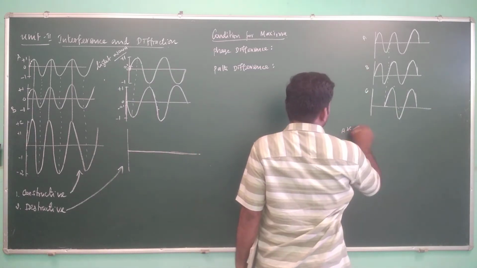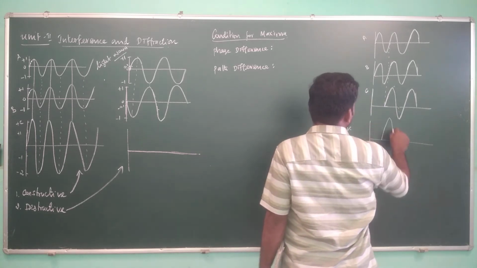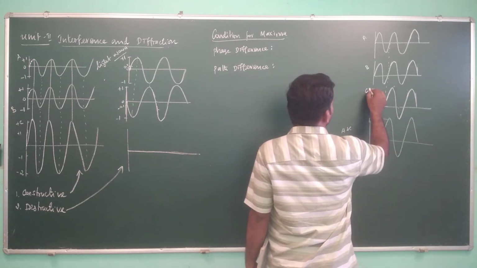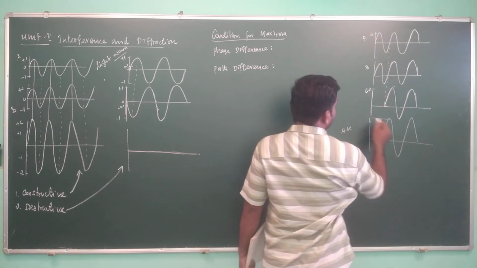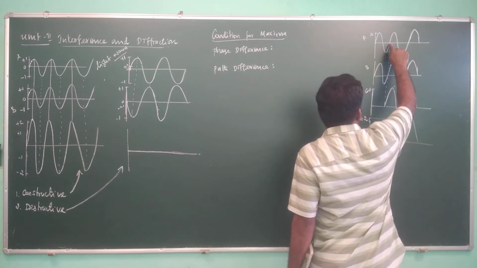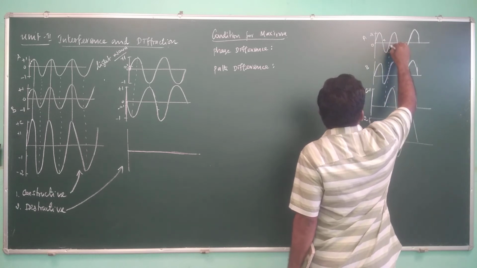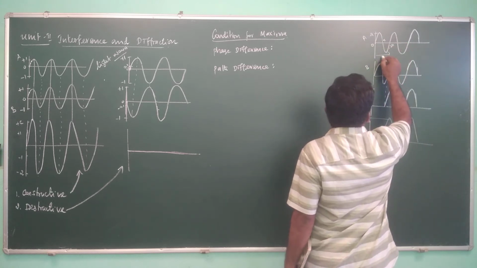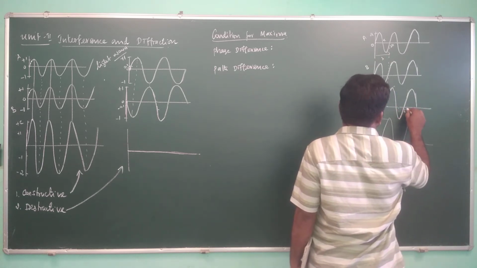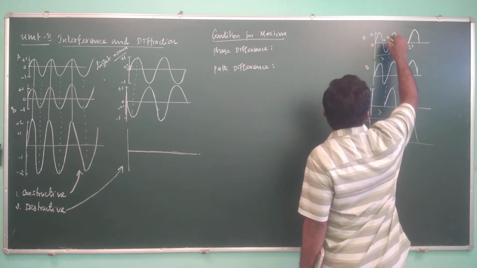When you add A plus C, what would be the resultant wave? Here also constructive interference would happen. So if this is plus 1 and this value is plus 1, then here it will be plus 2, right? Because it is starting from 0, and this is also starting from 0, right? So this is 0, this is pi, this is 2 pi, and this length is lambda. Here this length is lambda, this is 2 lambda, and this point will be lambda, right?